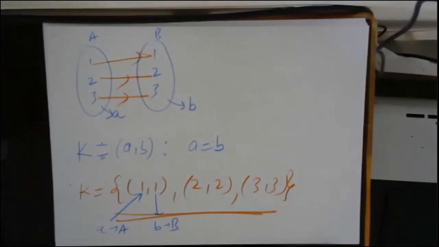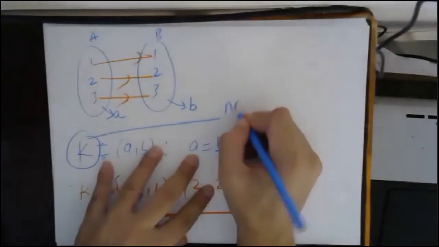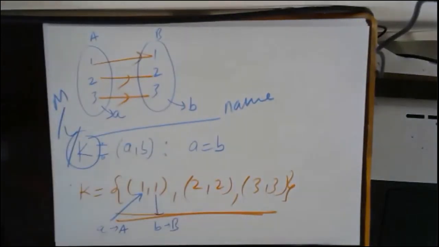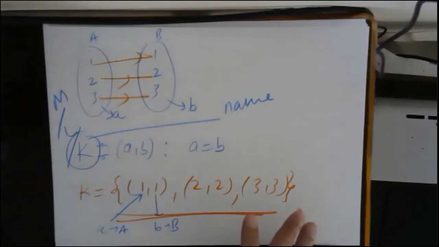Understood? If I define the relation by some other definition, the elements will change. K is a relation, it's just a name of a relation. I can write this as K, L, M, anything. It's just a name of a set. Very good. I hope everybody is able to understand this part. Till here everybody is able to understand, I guess. Very good. Now see.